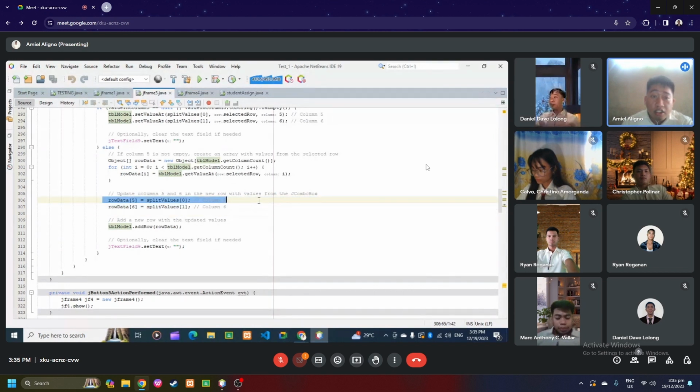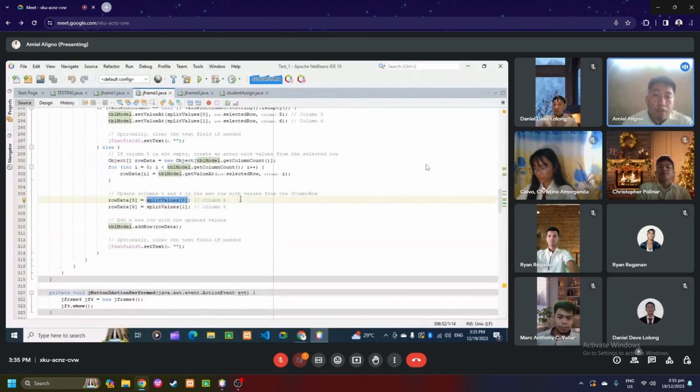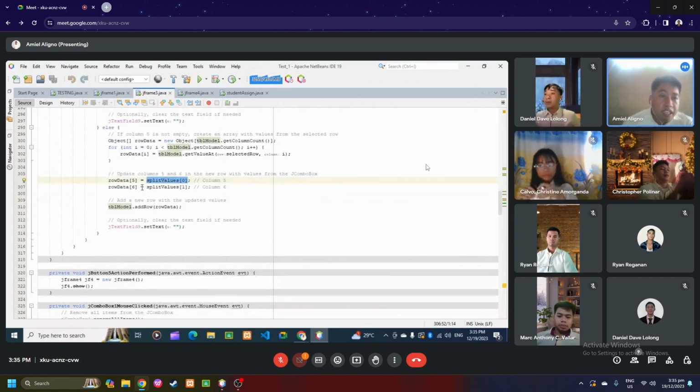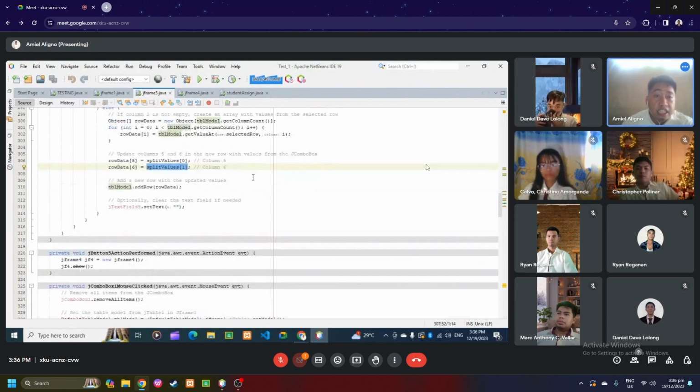So in column 5, the value will be changed into split value index 0, which means column 5 will change into the column 1 value of the combo box. The same happens in this code, except that the change will be split values index 1, and it will